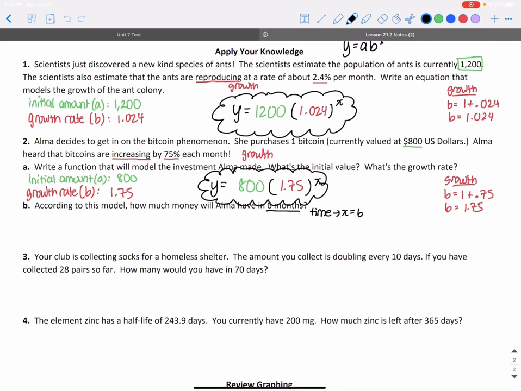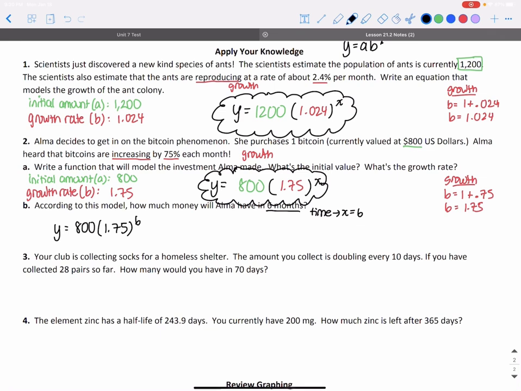So I plug x equals 6 into this formula: 800 times 1.75 to the 6th power. If you do 1.75 to the 6th power in your calculator, it gives you